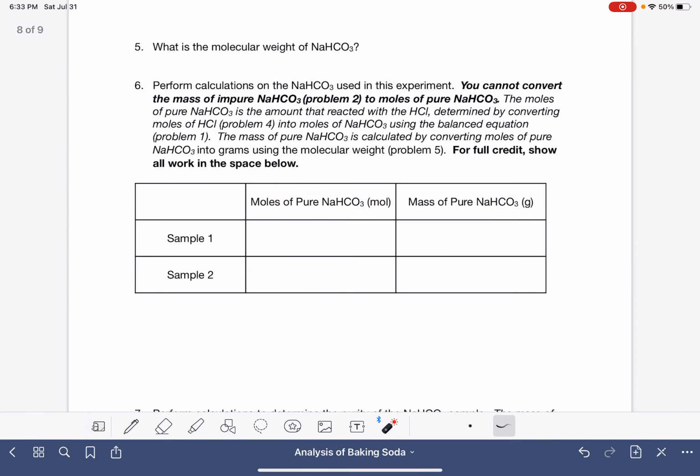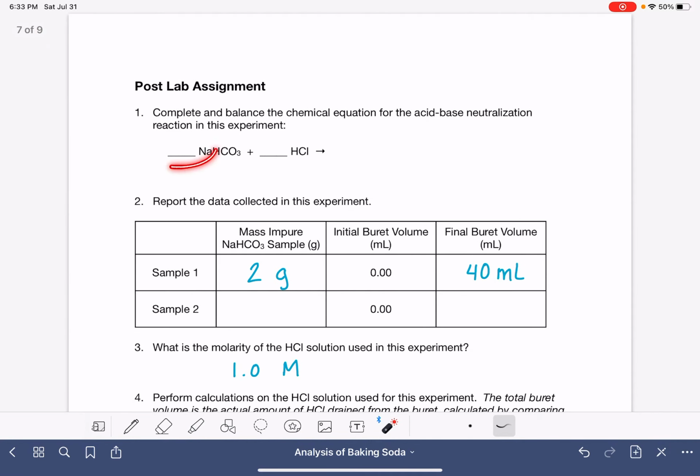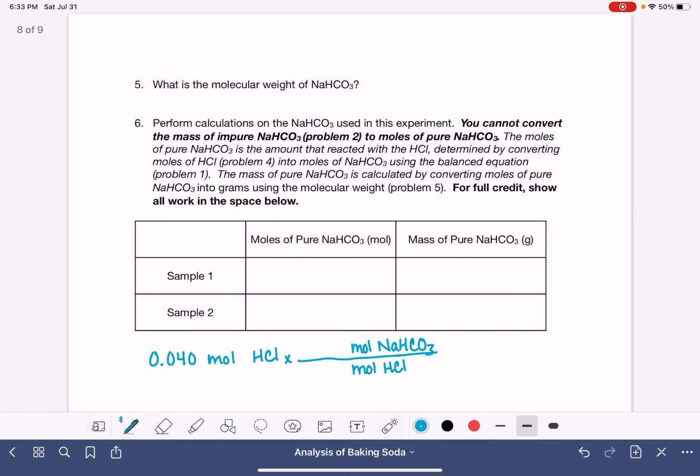So you're going to take your moles of HCl. I determined 0.04 moles of HCl, and you are going to multiply that by a conversion factor that lets you convert moles of HCl into moles of sodium bicarbonate. And the numbers that you're going to use in this conversion factor are the stoichiometric coefficients from this equation once it's been balanced. I'll just put some random numbers in here. Let's say it's 2 and 3. That's probably not right,